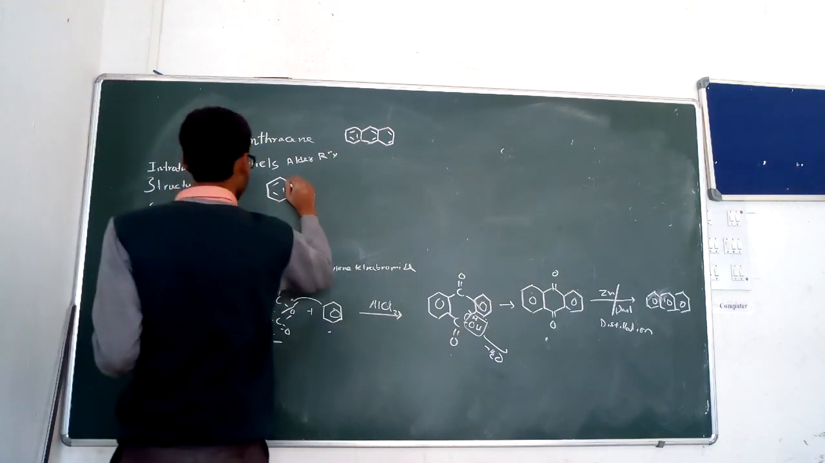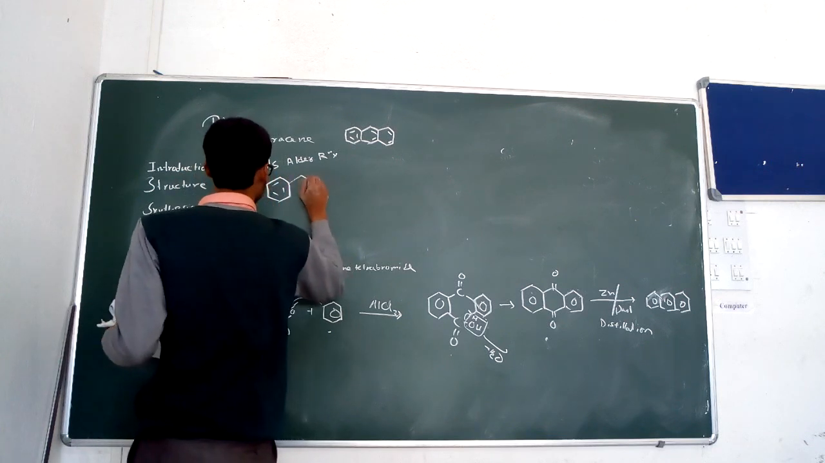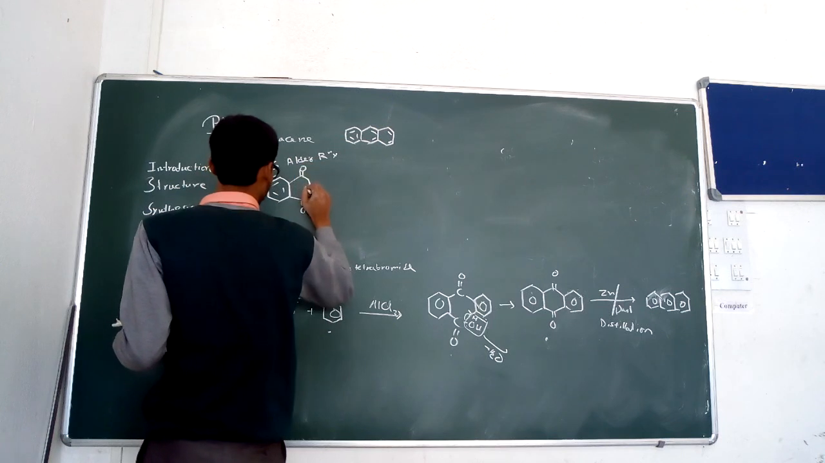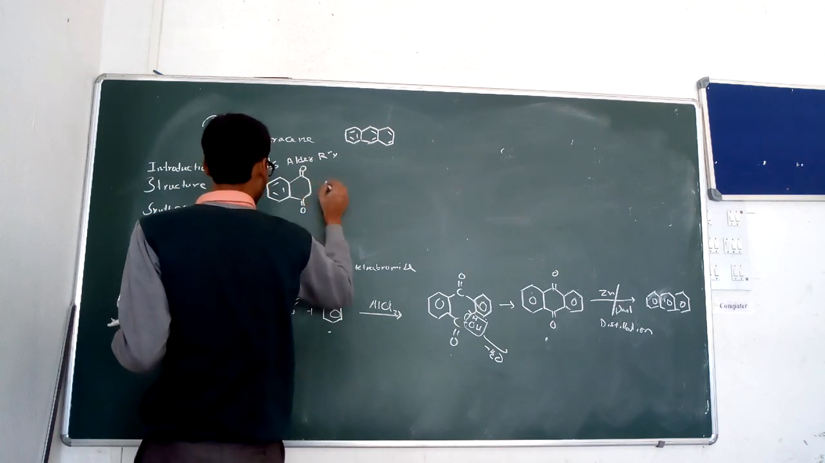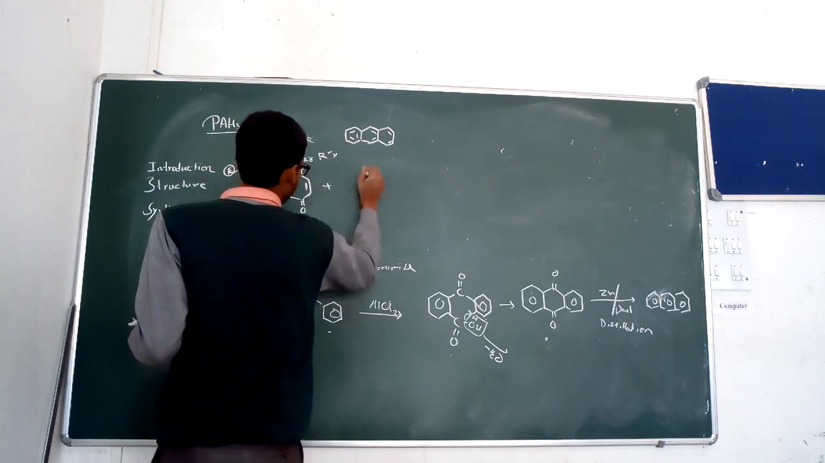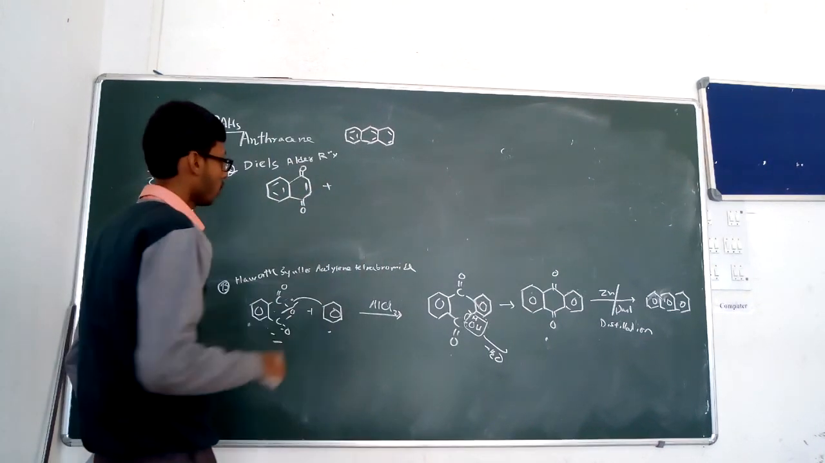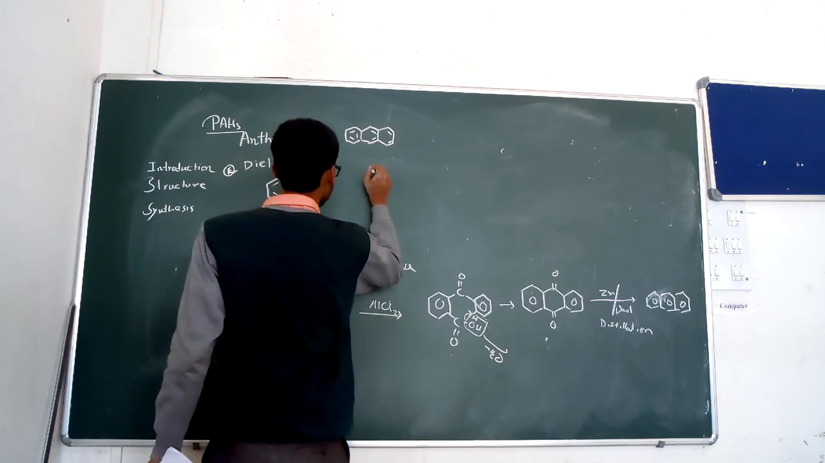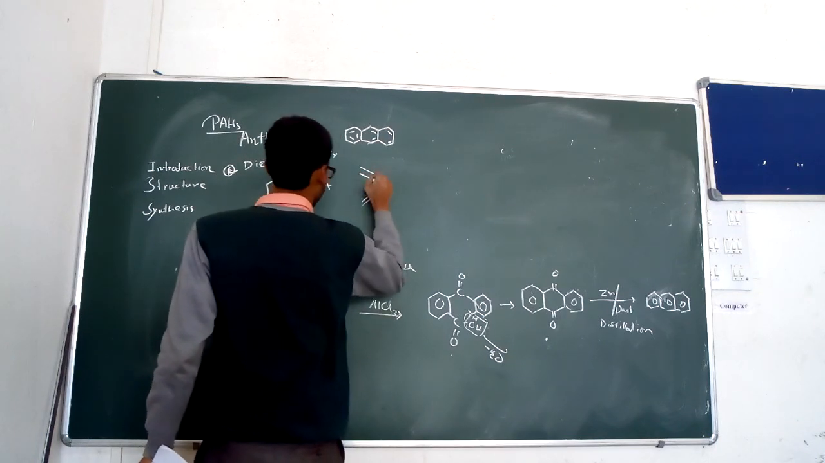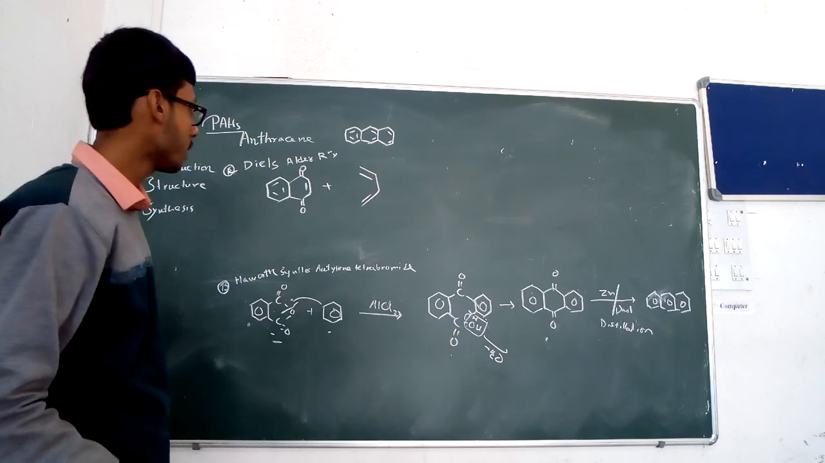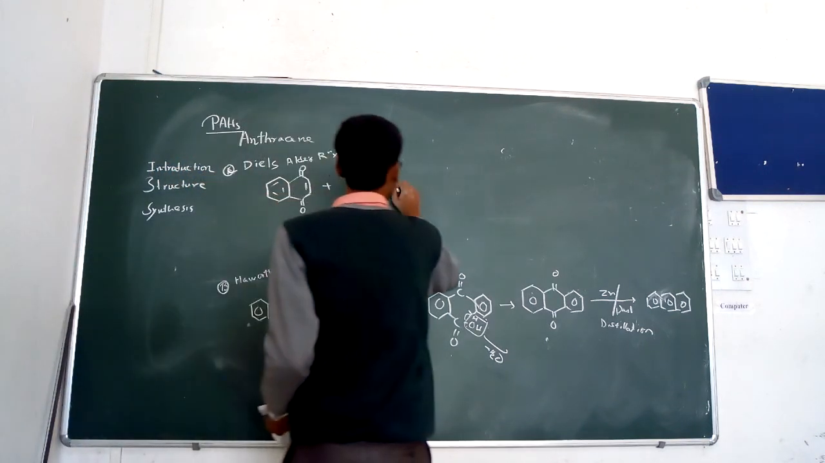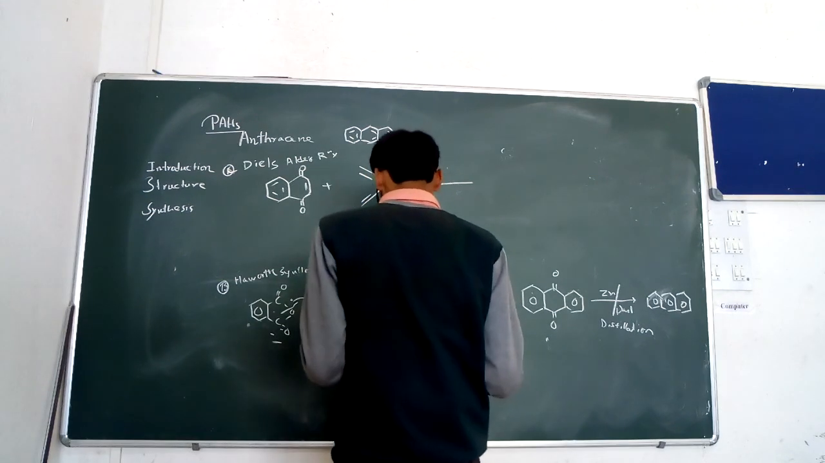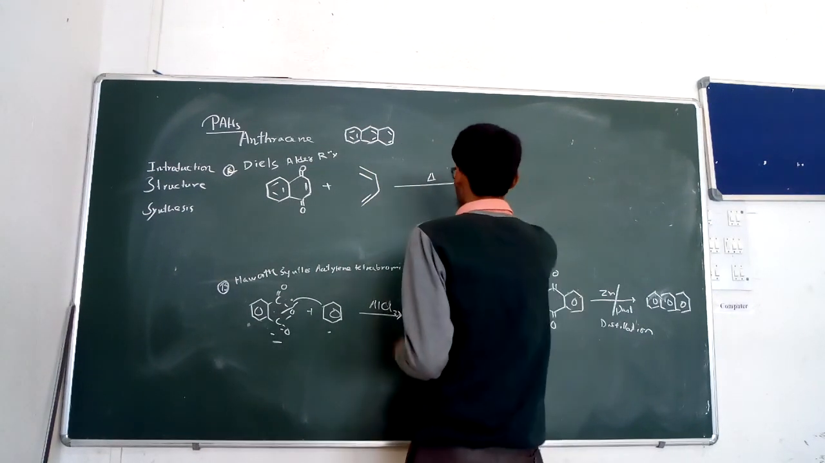The starting material taken is 1,4-naphthaquinone, and the conjugated diene taken is 1,3-butadiene. It undergoes an addition reaction in the presence of heat, and it forms